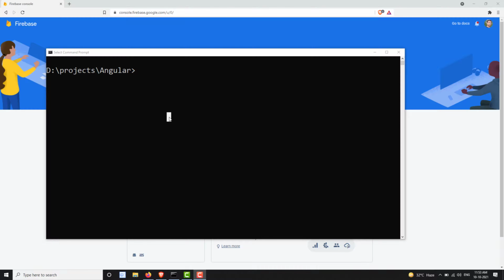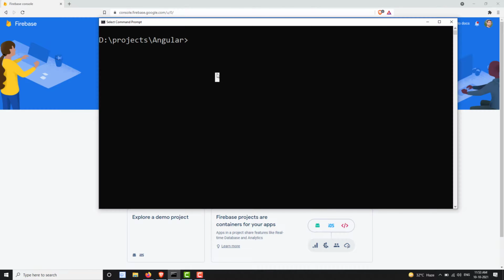Now let's create an Angular project. As you already know, to create an Angular project we use ng new angular-declarative-post. I will name it something like post app. We have implemented this CRUD operation all these days, and in the same way I will do it using declarative programming. Let's create the new one. Now it will ask some questions.